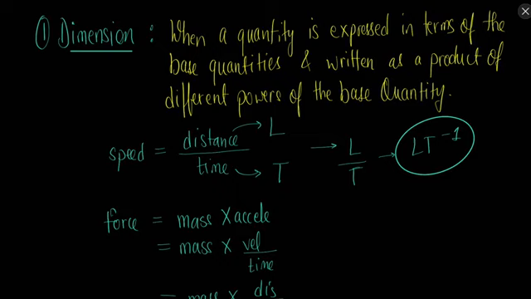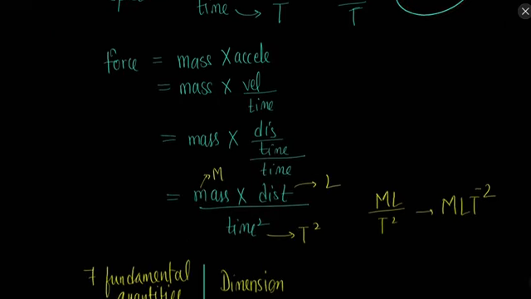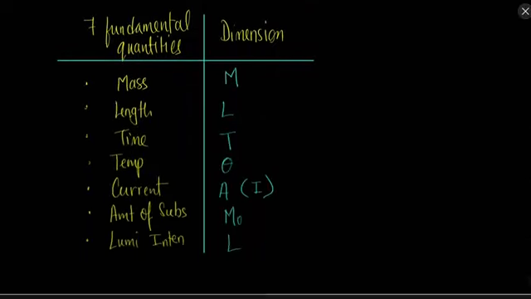So whenever we write any derived quantity in terms of fundamental quantities, we say that those are the dimensions of that derived quantity, or we can say that the derived quantities are composed of these fundamental quantities. For example, speed is composed of length and time, force is composed of mass, length and time. Okay,